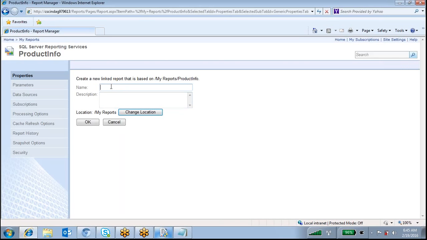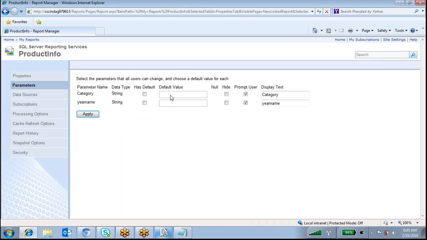So the report name I'm going to give, this is bikes report. Okay, and the parameter value, what value you want to create? The value I'm going to give as default value bikes, and here also I'm going to give 2005.